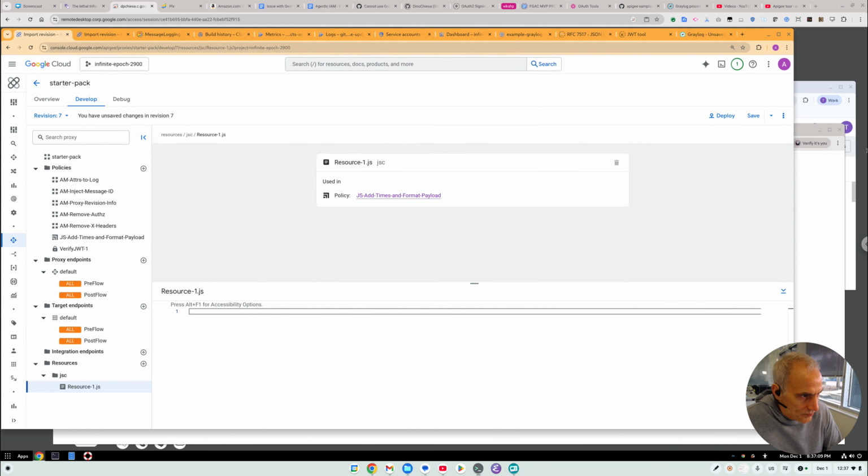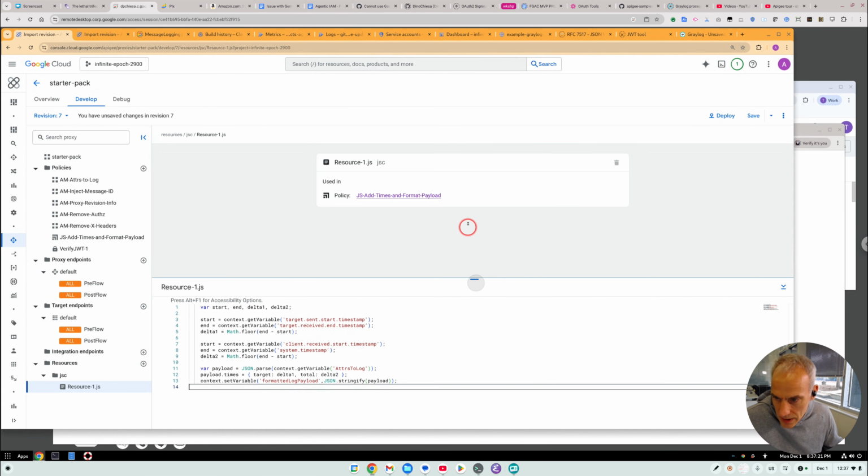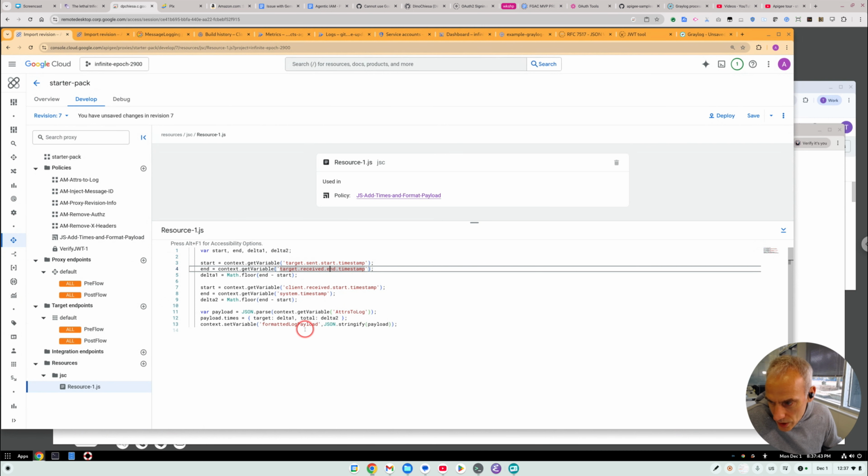Now this is not ES6. It is Rhino. So it's got a few features that are not supported in the Rhino runtime, but in any case, you can learn more about that by checking the documentation on the JavaScript policy. So what we're doing here is getting the start and end times and computing the delta. Now you don't have to do this computation. If we wanted just the start and end time, we could have just inserted that into the prior policy that I showed you,